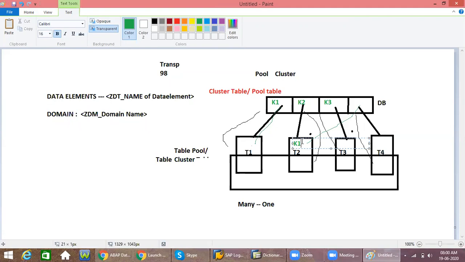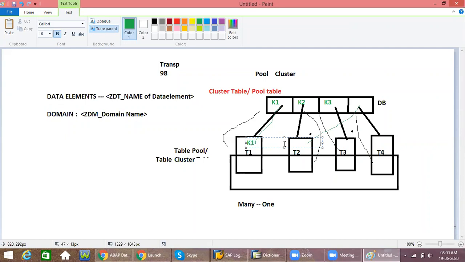In pools it is not like that. In clusters the key should match across the different tables, but in a pool the key is not considered at all. That is the reason the key field in that cluster table needs to be available in the table cluster also.